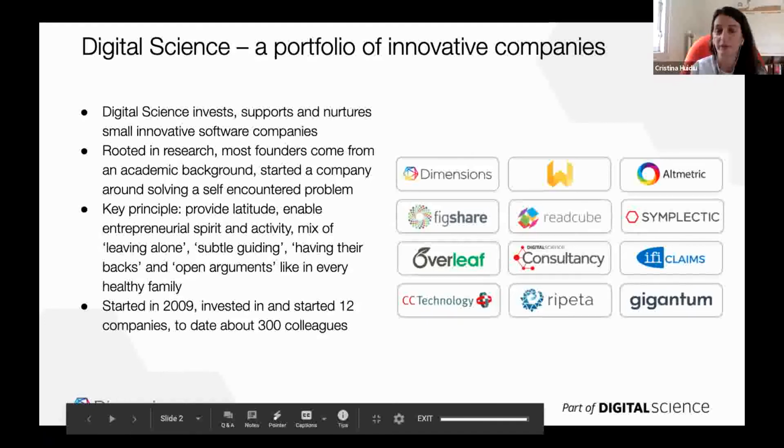Most of them have been created by researchers trying to solve a problem, whether it was trying to understand the reach of their impact way before a publication has been published, such as the case of Altmetric, or trying to store data, as is the case of Figshare. And two of my favorite ones are Overleaf and Gigantum, that allow for collaborative publications and collaborative coding, as